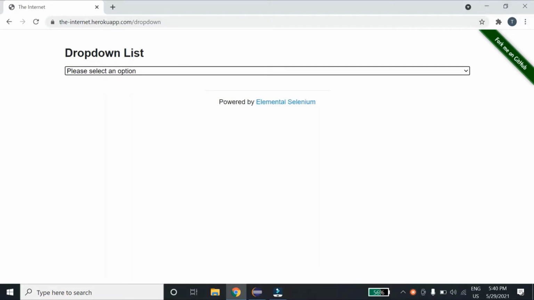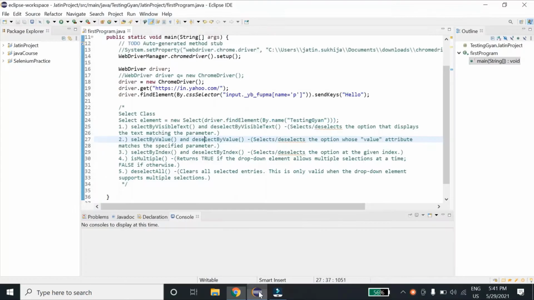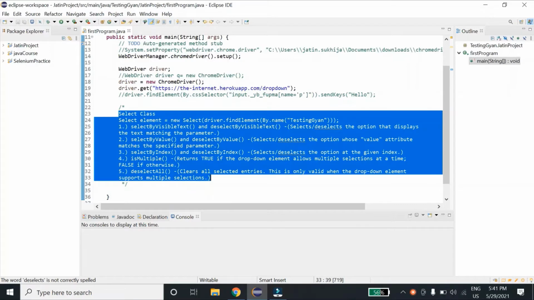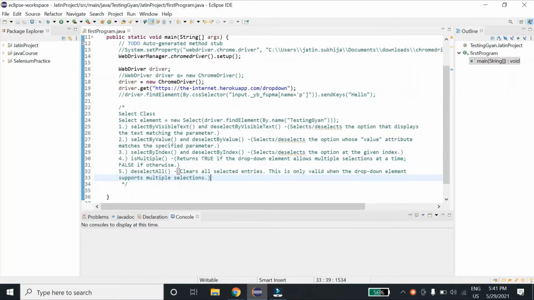So let me copy this in here, comment this. So guys, I have written about select class over here, which will help us in selecting the drop down values. So let's see how select class works.